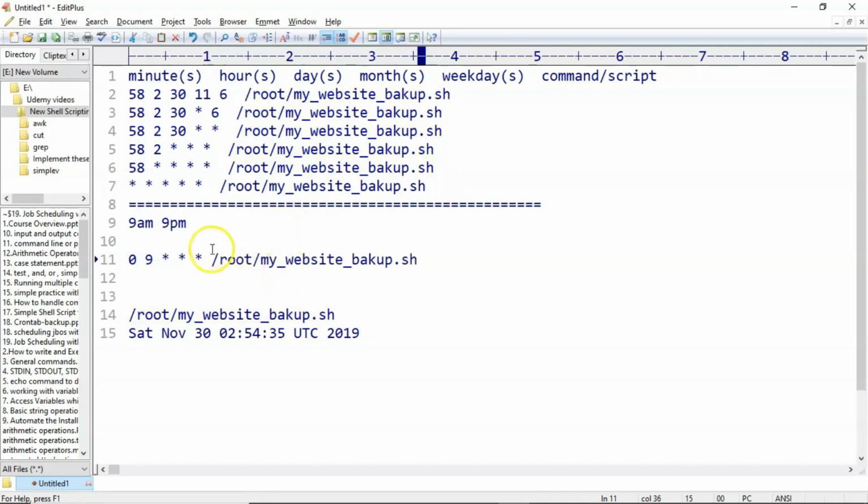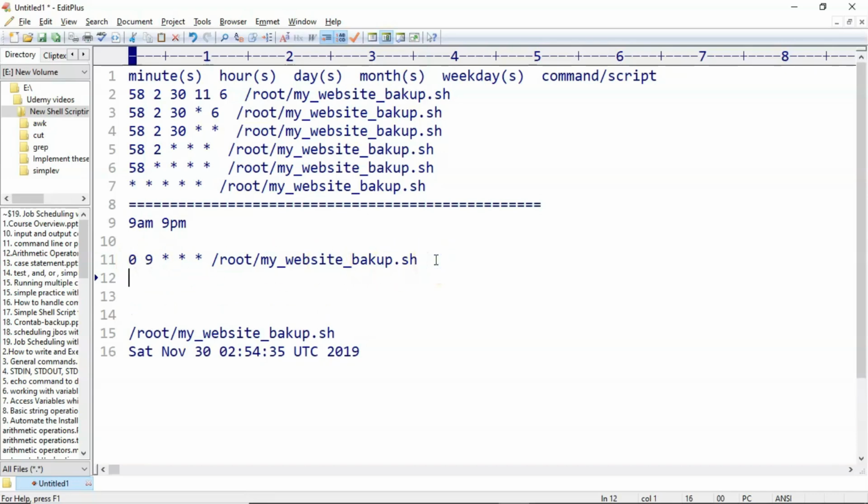And make sure that while giving it in this way, your script has a shebang line, and it also has some execution permissions. Otherwise it will fail. Okay, now this is for 9 a.m. Then I want to execute the same script at 9 p.m. also. Then you have to write 12 plus 9, 17, sorry, 21. At 21,